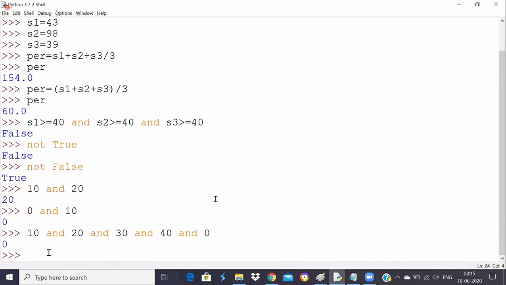Now tell me, if the beginning itself is 0, do you think the next operations will be checked? No need, right? Because the first one is 0, it will not check the other one. Same is true with our subjects, guys.